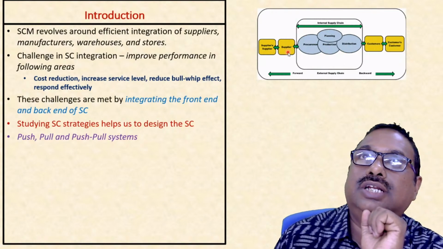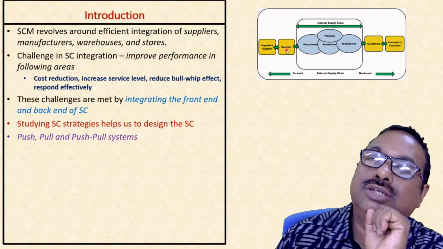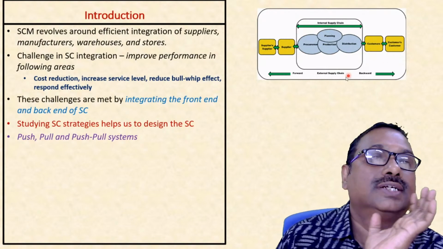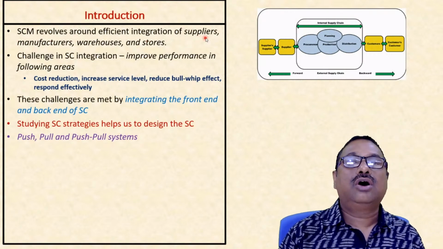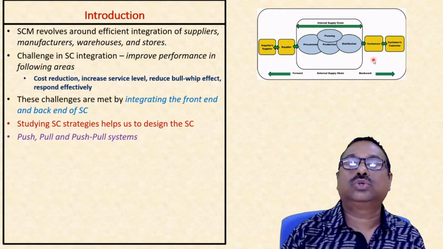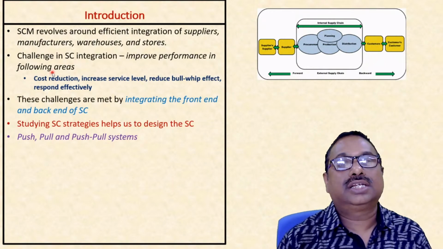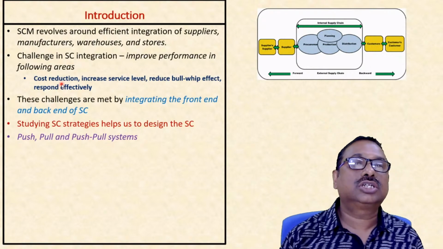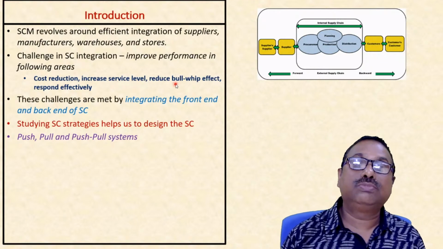Here the external part is suppliers, and here the external part is customers. So you integrate suppliers and customers. This is your external supply chain management. So supply chain management revolves around efficient integration of suppliers, manufacturers, warehouses and stores along with customers. The challenge in supply chain integration is to improve performance in the following areas: cost reduction across the chain, increase service level, reduce bullwhip effect,